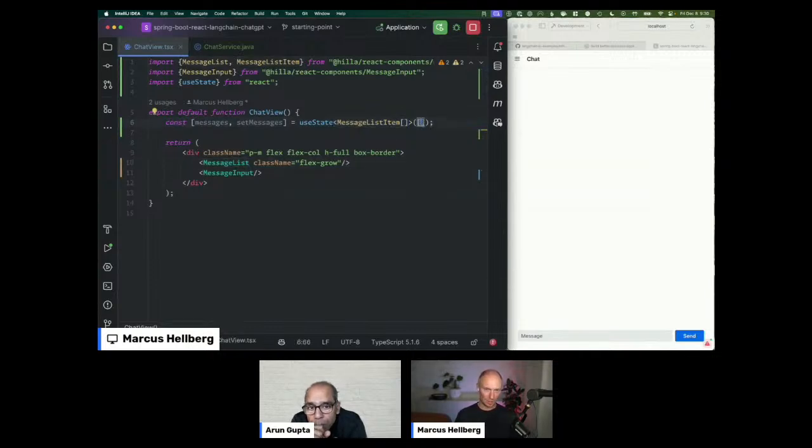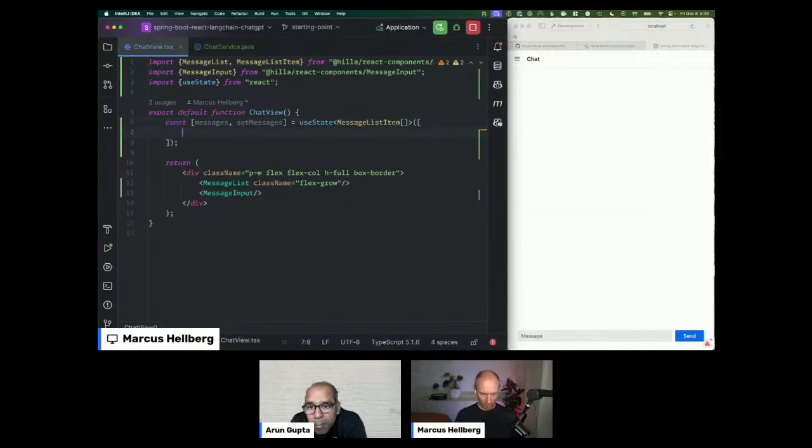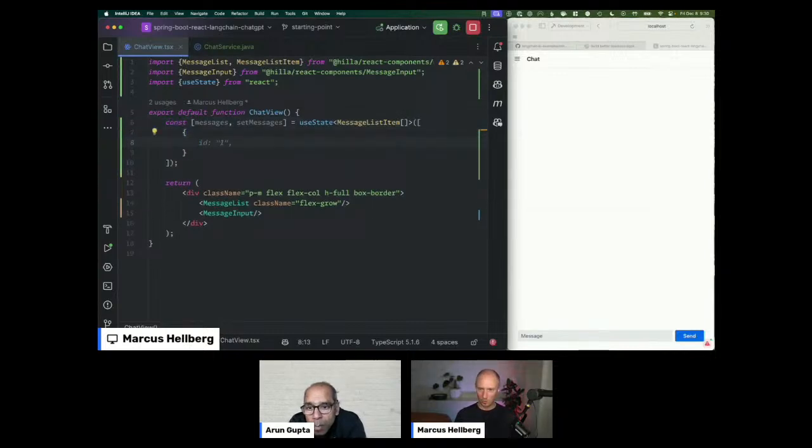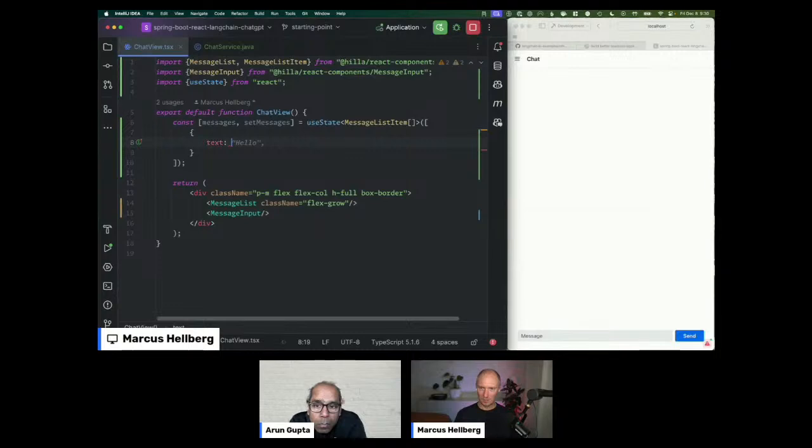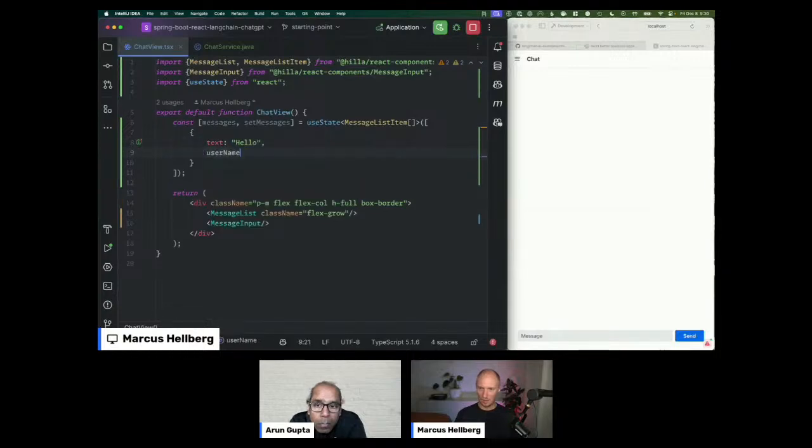So right now we're starting with an empty array, so we don't have anything, but we could just verify that this works. So we can see that it takes in the text. We can say hello, and then it takes in a username, John Doe. If we save that and we add these messages as the input items, we can see that those show up here. So this array of messages is now what's backing this message list.